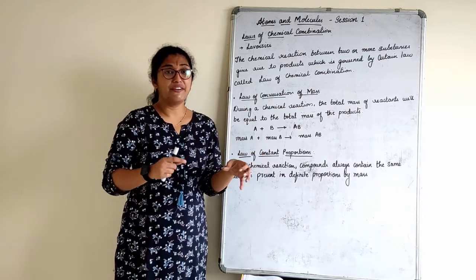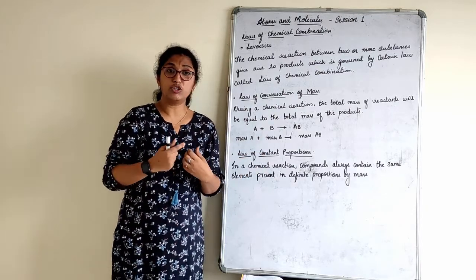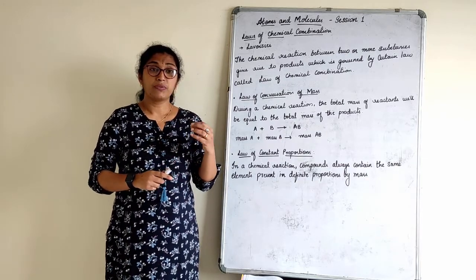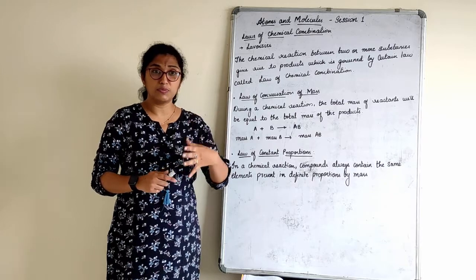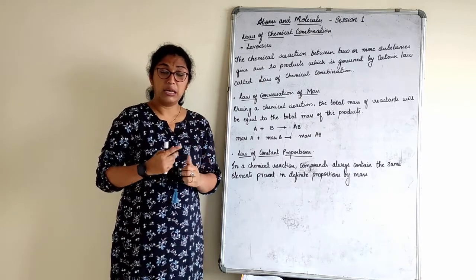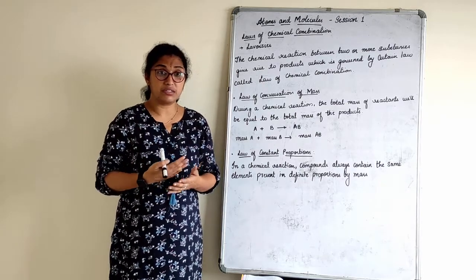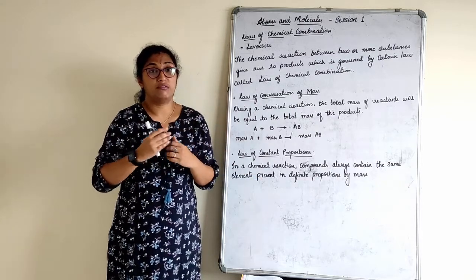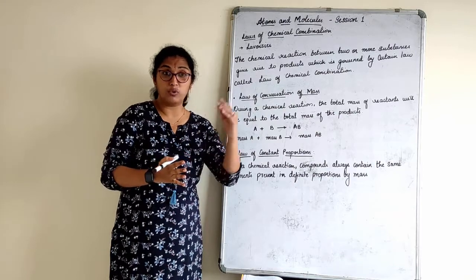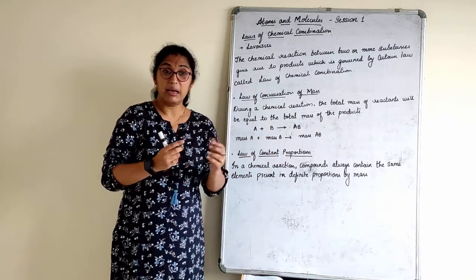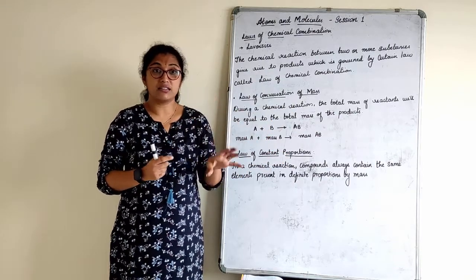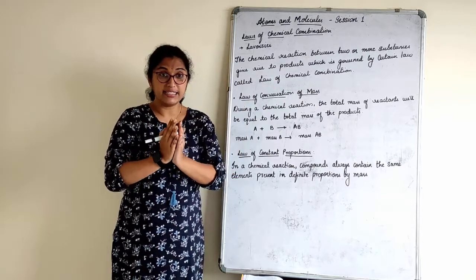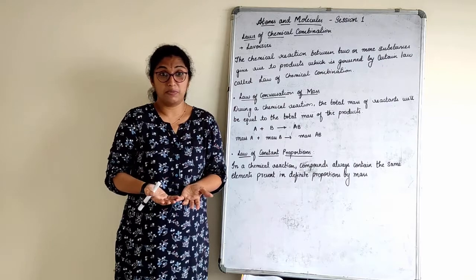Now, if I have to make a lemonade, for example, I should know what I have to mix. For example, I mix one glass of water and add two or three spoons of sugar and a pinch of salt. But if I reverse the process by adding two or three spoons of salt and just a pinch of sugar, I should know what proportion I have to add to get what product, right? But at the end, it is a solution only. Whatever I have added, at the end I get lemonade, but the taste will not be the same.